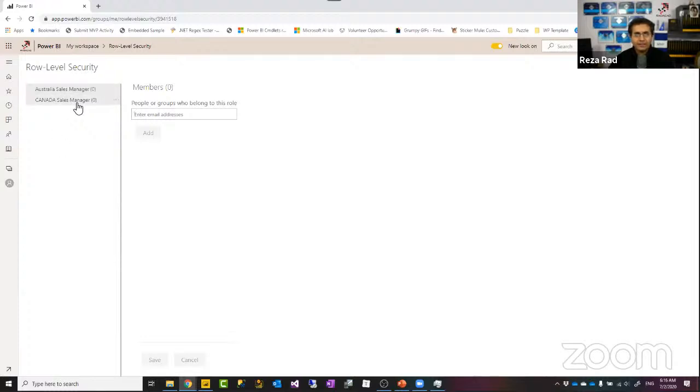I can assign people to this. Now, this should be Office 365 groups, or if we are talking about report server, this should be AD groups, because that helps to manage these more easily, like one AD group for Canada sales manager, one AD group for Australia sales manager, so that you can add and remove people from that group.